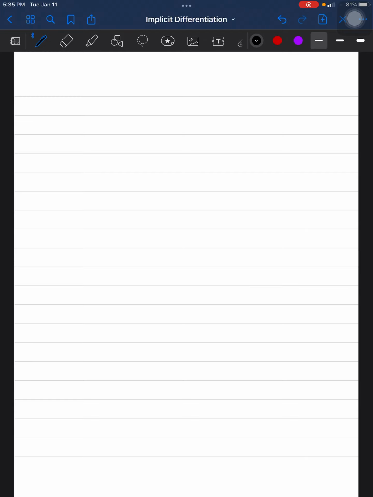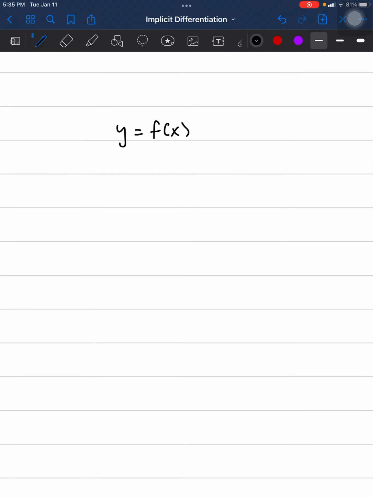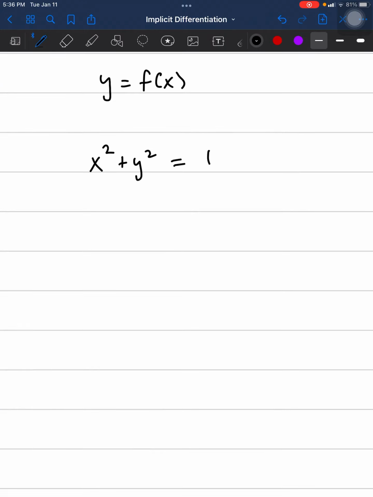In this video, we're going to be discussing implicit differentiation. So, the basis of implicit differentiation is basically trying to find a solution to an implicit function. Not every function can be written explicitly. Explicit form is simply something like y equals f of x, where there's two different variables on two different sides. But in an implicit function, there's two variables on the same side,